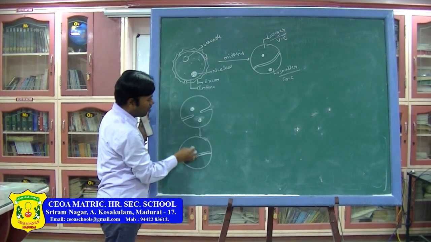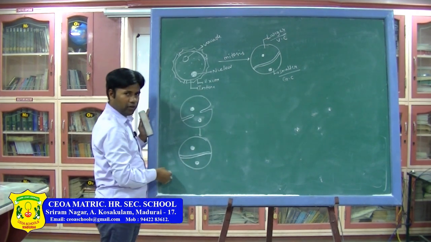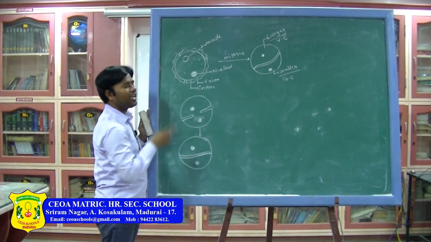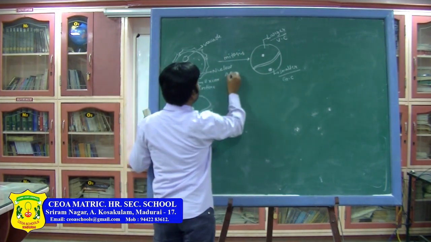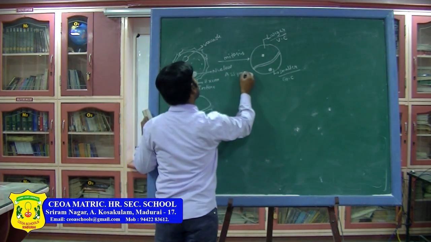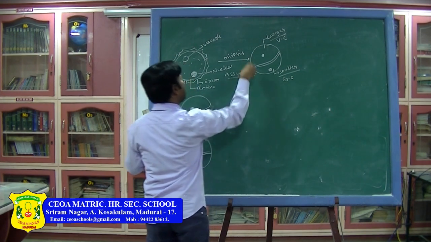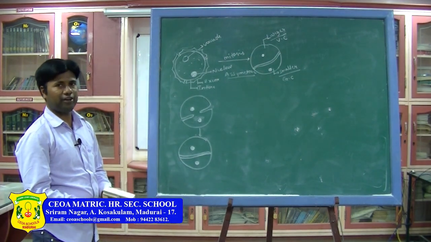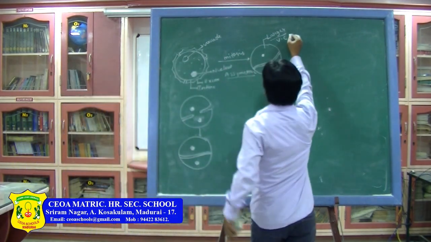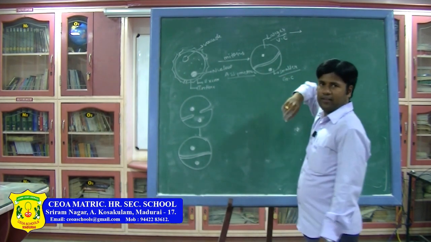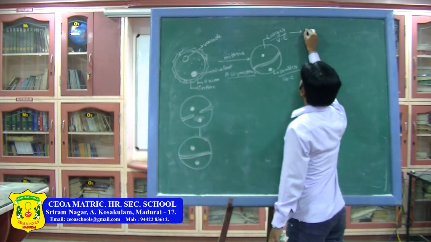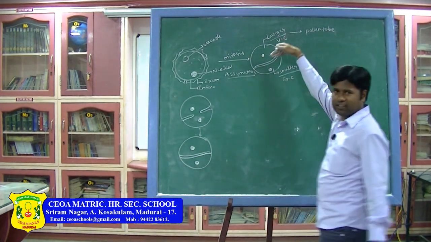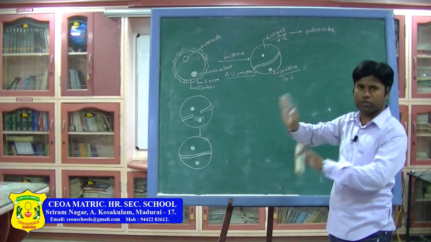Already the nucleus is present, no? Now this side one nucleus, this side one nucleus. Due to that, what did we get? One is larger, another one is smaller. This type of division is called asymmetric division. Why are we calling it asymmetric division? Because we got two unequal sizes of cells. That is the reason why it is called asymmetric division. Next, from the larger cell or vegetative cell, what do you get? That is a tube-like structure, the pollen tube. Then 60% of the families shed pollen in these two stages only.